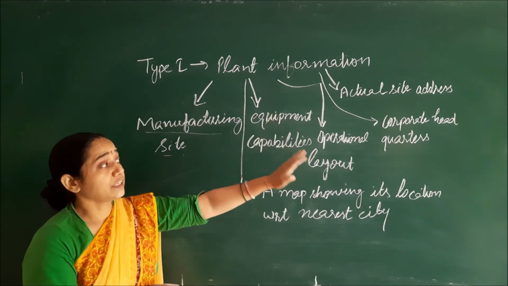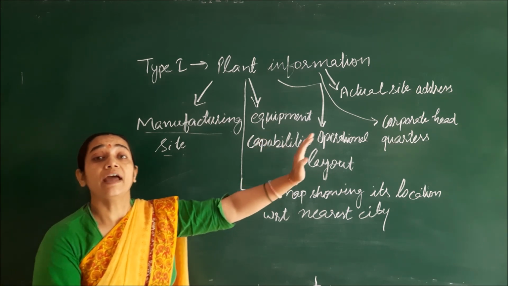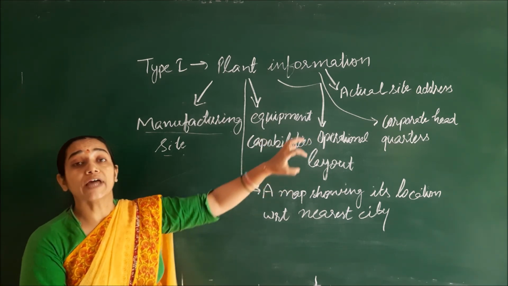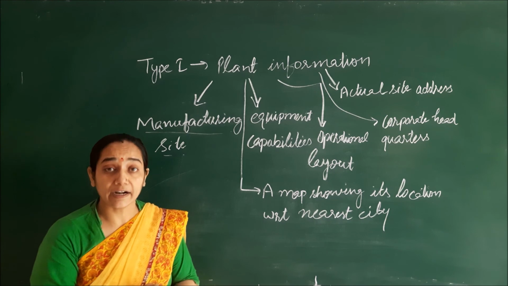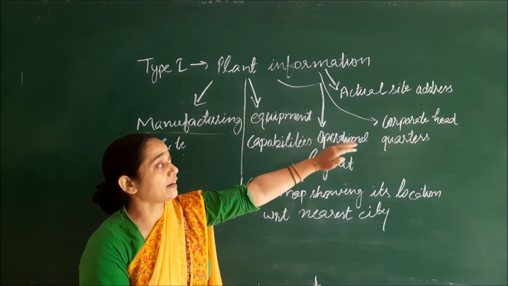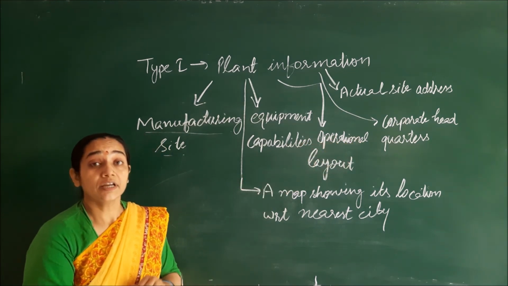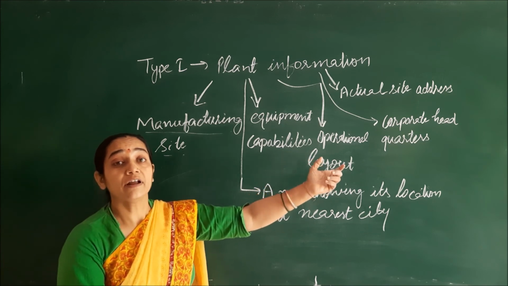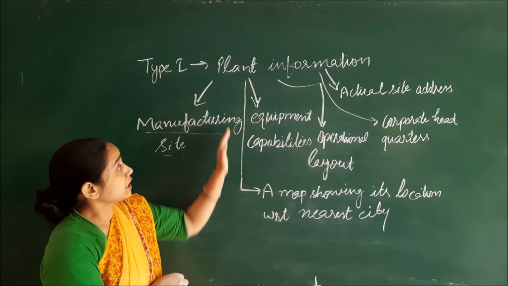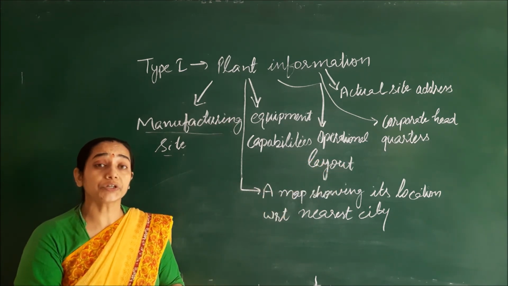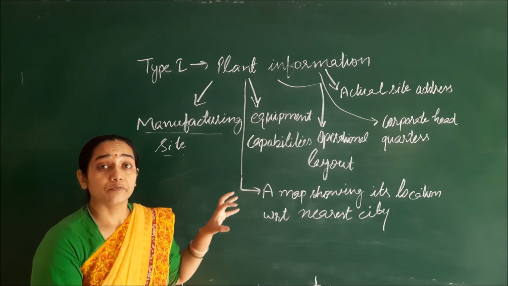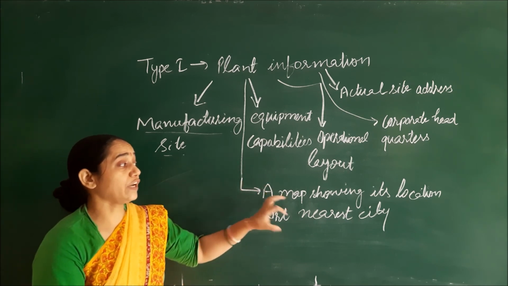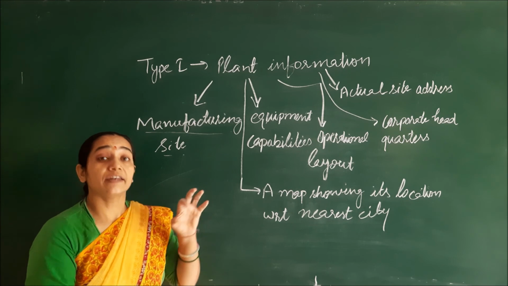So these corporate heads may be at different locations. The address of all the corporate head locations will be given under the corporate headquarters, meaning all the addresses will be given there. Then this plant information should contain a map which will locate its position nearest to that